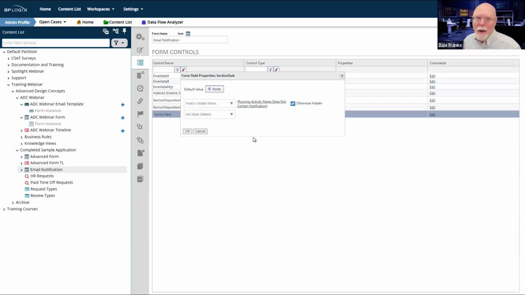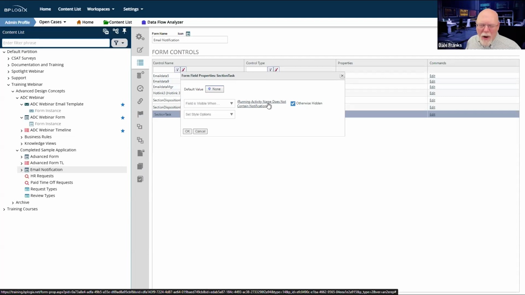There are, as always, multiple ways that you can skin a cat in Process Director. So you can have different conditions that do exactly the same thing. So I can use does not contain notification, and perhaps that's not a great way of doing it. I think that was the first thing that came into my mind. But I could have also said the running activity name contains approval. That would have worked as well.